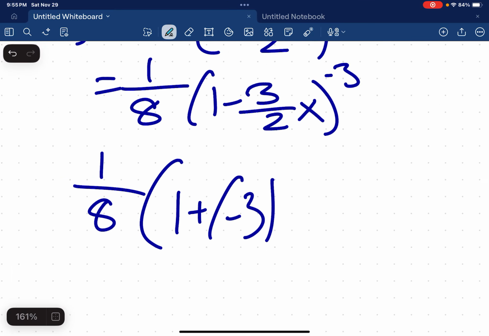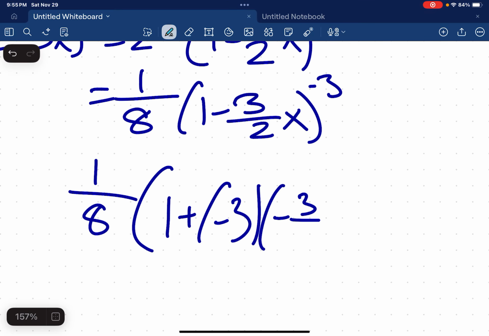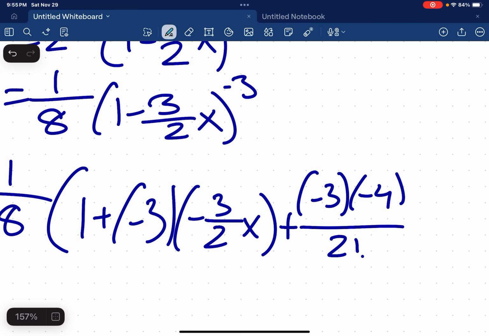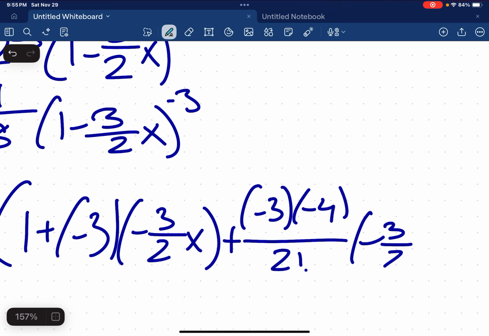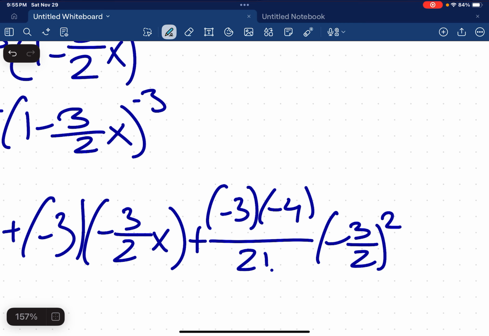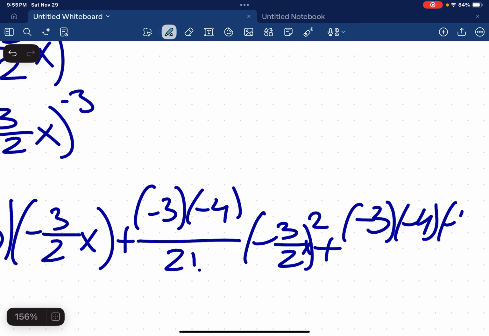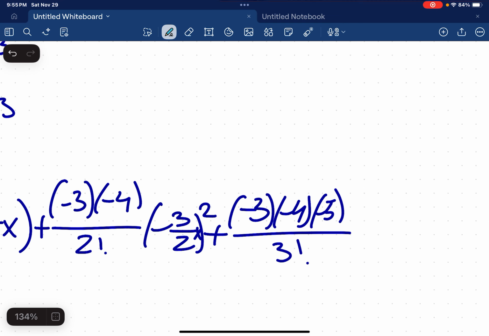Negative 3 over 2x plus negative 3, negative 4, 2 factorial, negative 3 over 2x squared. I didn't include an x in there. And then our last term, negative 3, negative 4, negative 5, 3 factorial, negative 3 divided by 2x to the cubed,